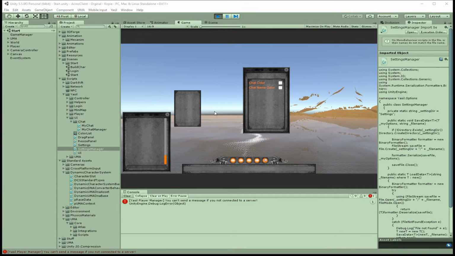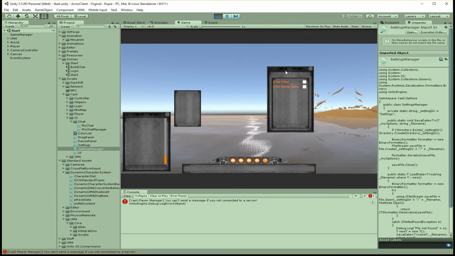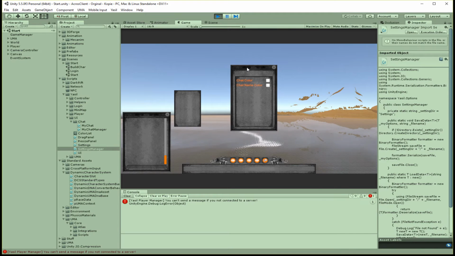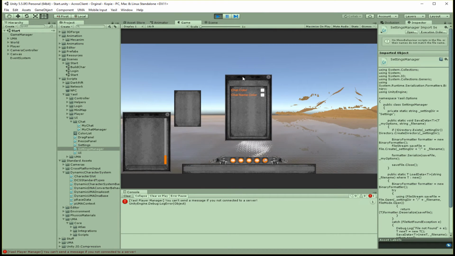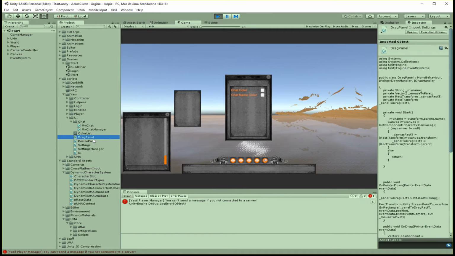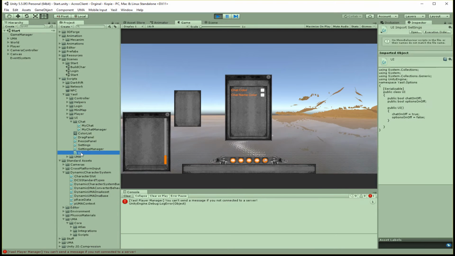My name is Yazil and today we want to save our window positions. So if we drag them and close the application, or if we move something, it should be saved. Therefore, we have to work with our settings file and with our drag panels file and with our user interface